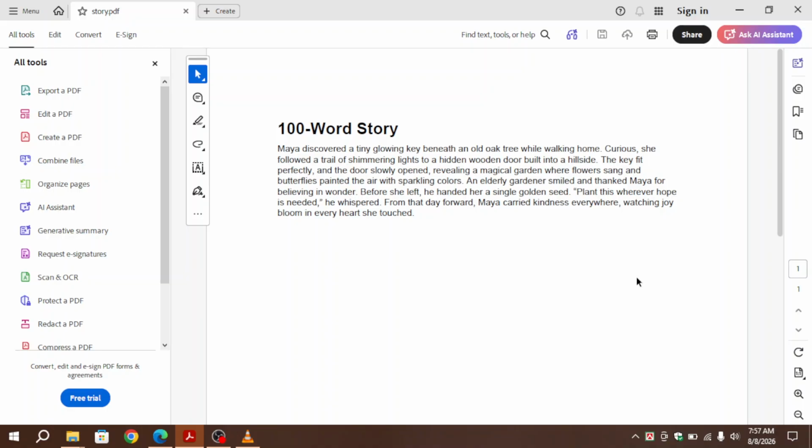Once you're comfortable with the interface, you'll be able to manage PDF files quickly and efficiently for work, school, or